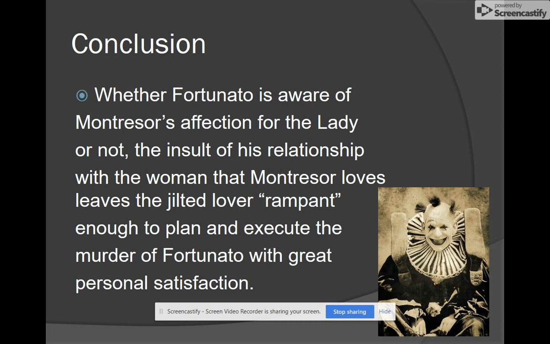So in conclusion, whether Fortunato is aware of Montresor's affection for the lady or not, the insult of his relationship with the woman that Montresor loves leaves the jilted lover rampant. Rampant means without restrictions, without rules. If somebody's running rampant, they're just running around, not abiding by any of the rules, and certainly Montresor is not abiding by the rules, and he is rampant enough to plan and